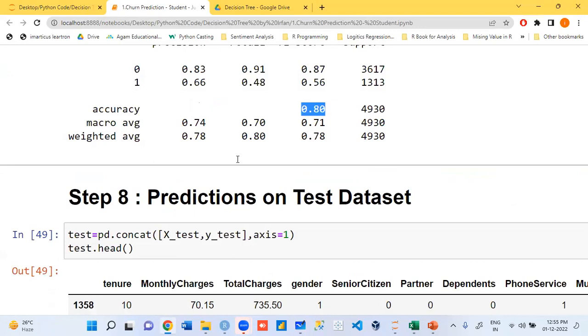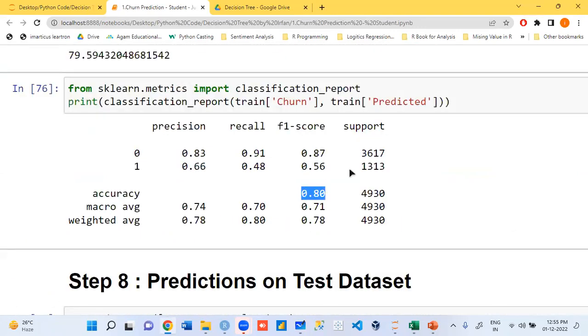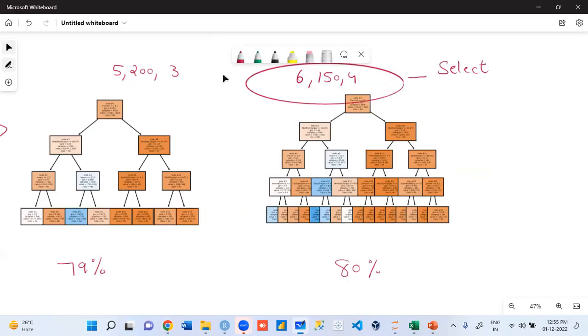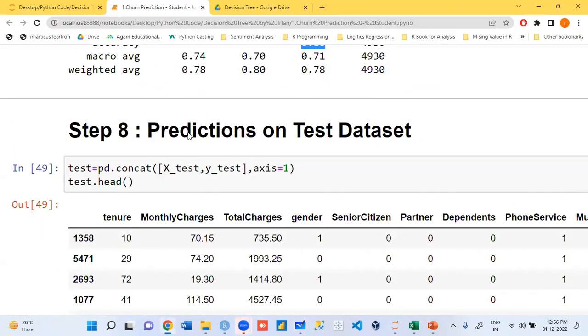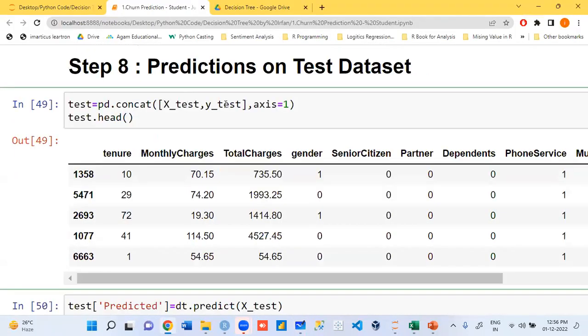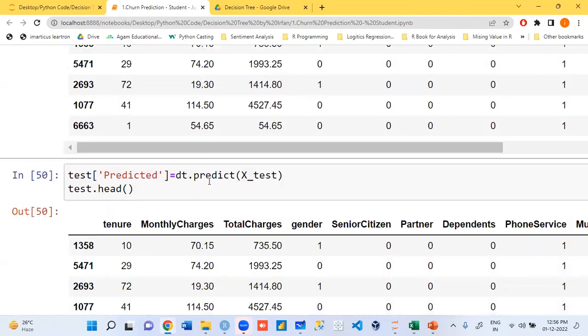Anything else will come up, I will teach you how to read this. Currently, I'm teaching how pruning works and how pruning controls overfitting. I'll teach you how to read the tree also. Now, to predict for test data, we have X test and Y test. So we make test. Then DT is our model.